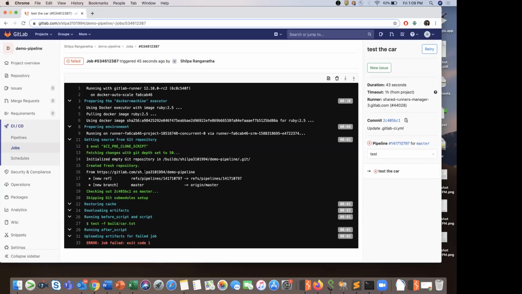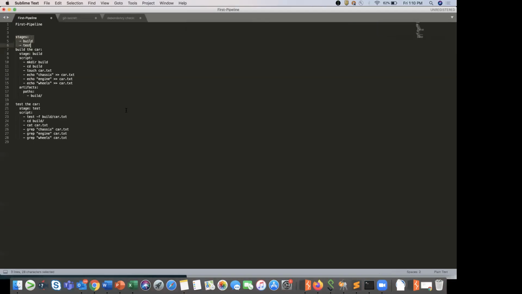Okay, so here if you see, okay, let's come to this step. It says test -f build/car.txt. So if I go back to my code here, let me explain the second part here. Okay, so here what I'm doing is, once I input or add all these terms to my car.txt file, I am testing this text file.